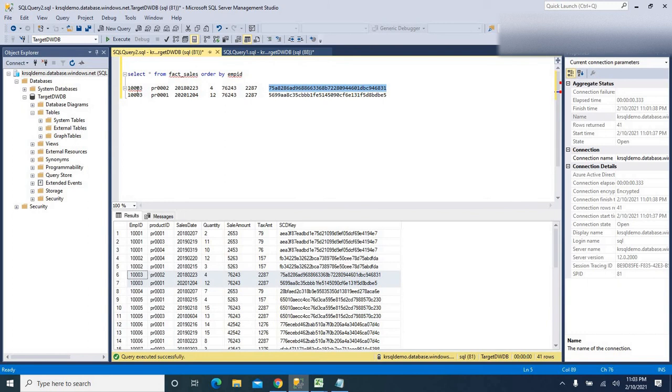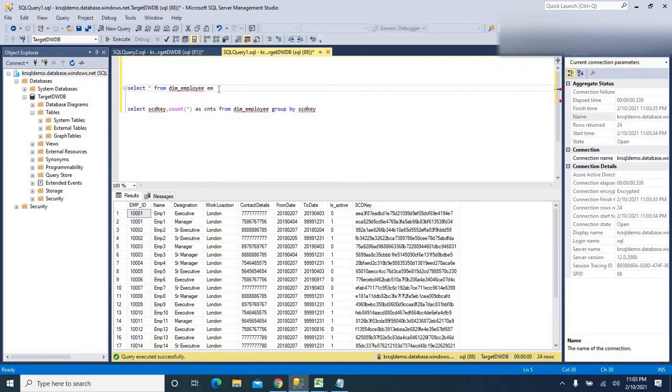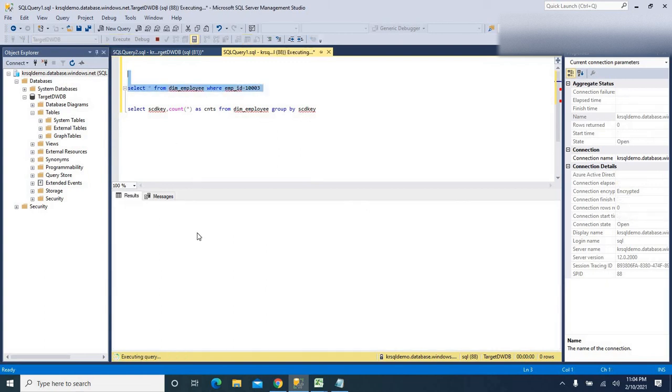Let's compare for this employee in the dimension table. Let's see what the SCD key is if the sales date is between effective from and effective to. For that employee, where employee ID equals 003, with 3 zeros. Okay, fine.